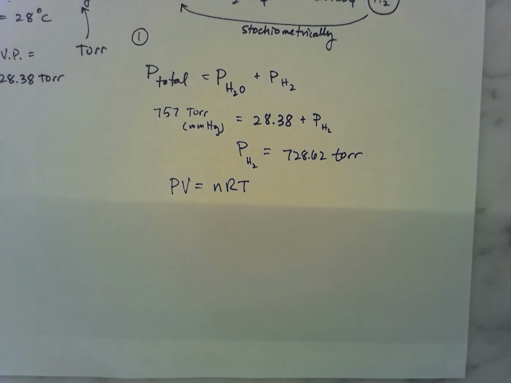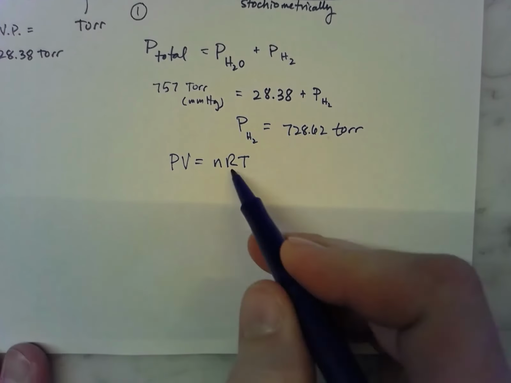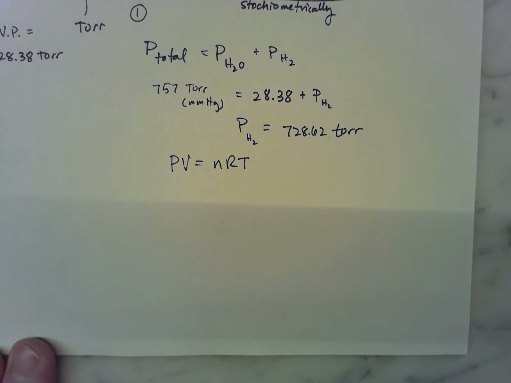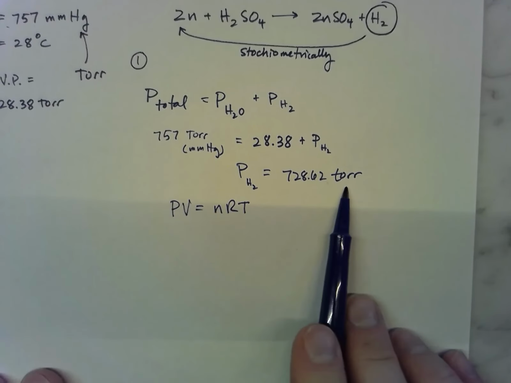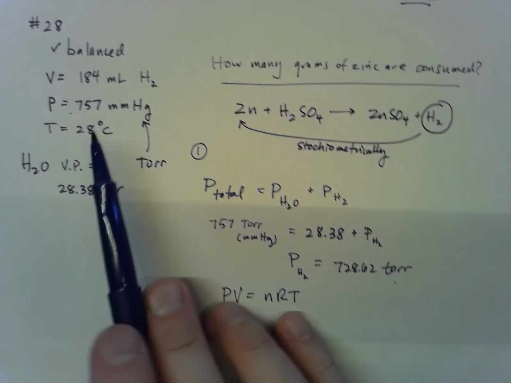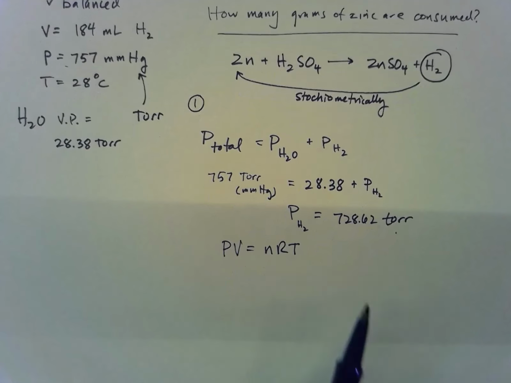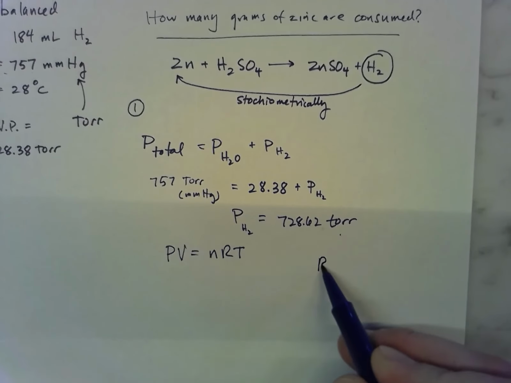All right, so flip to 235 now. And let's figure out which of these R's is going to work the best. Okay. We've got torr. We've got Celsius. We've got milliliters. So which one of these is going to be the best? Well, let's look for the one that's in torr, or millimeters Hg, and we really have only got one there. Okay, it's the fifth one there. So we'll use R is equal to